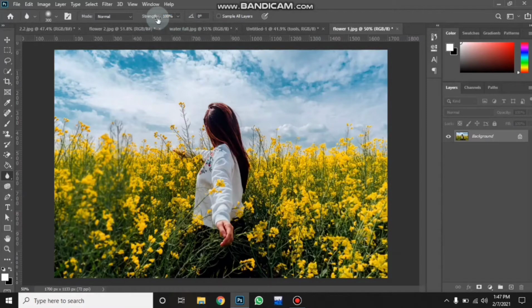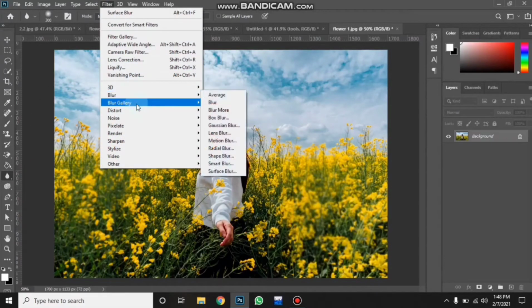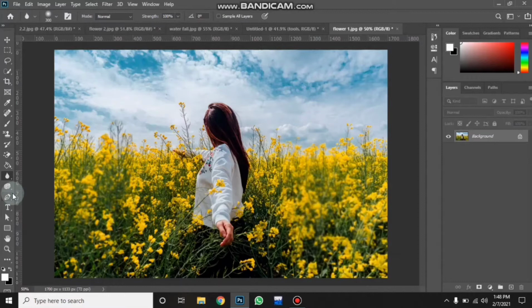If I put strength to 100% and press anywhere, it blurs that area quickly. There are lots of ways to blur an image, like in Filter, Blur or Blur Gallery, but in this case we use it to blur a particular area.